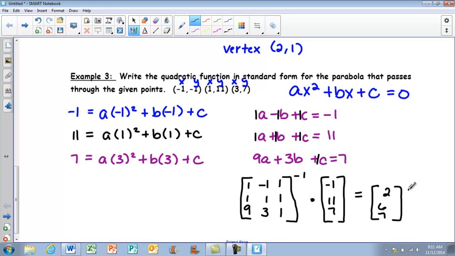These are now your values for A, B, and C. So now to write this in standard form, I'm going to have y equals 2x squared plus 6x plus 7. So this is my answer written